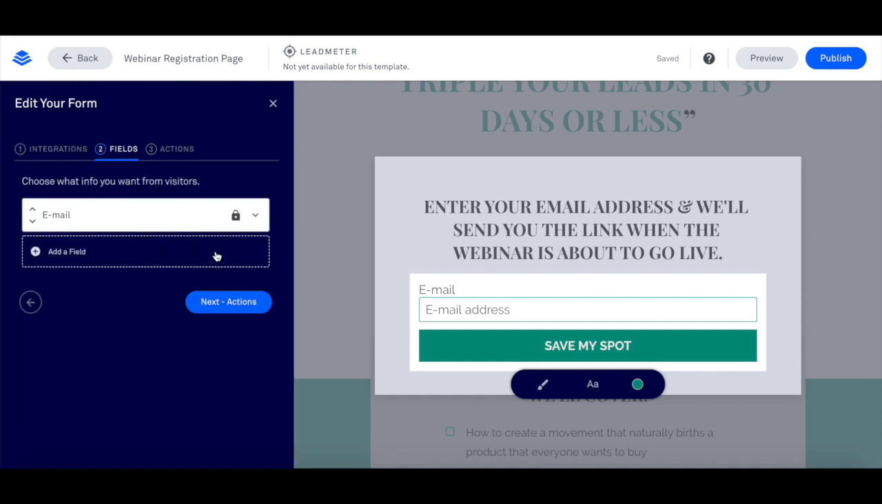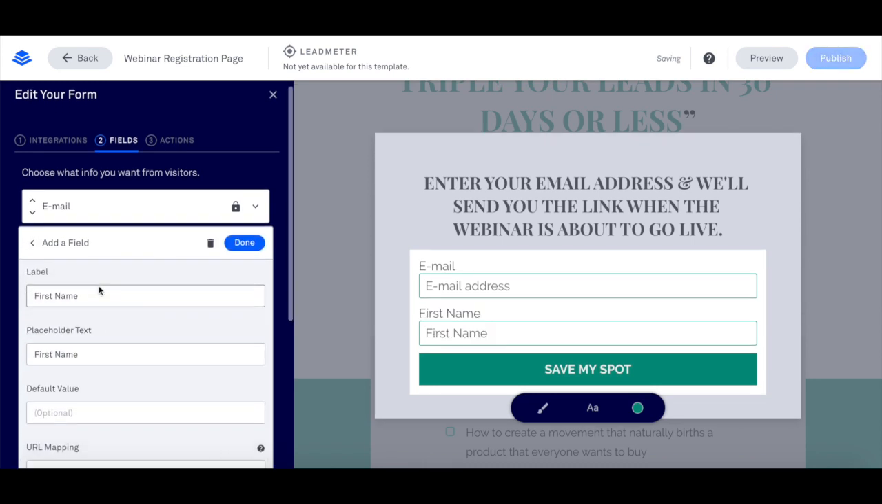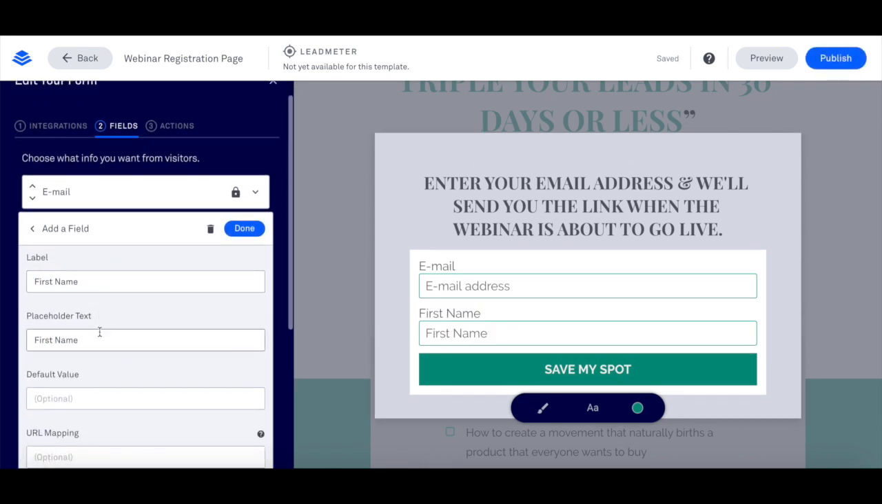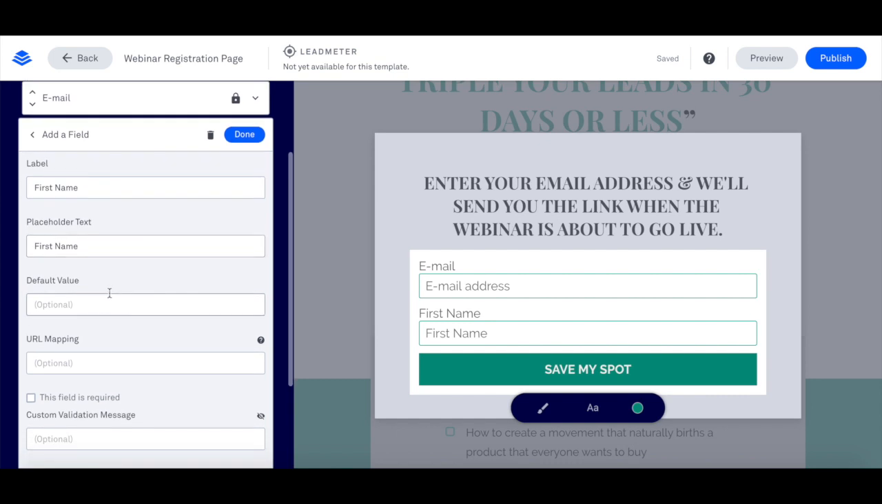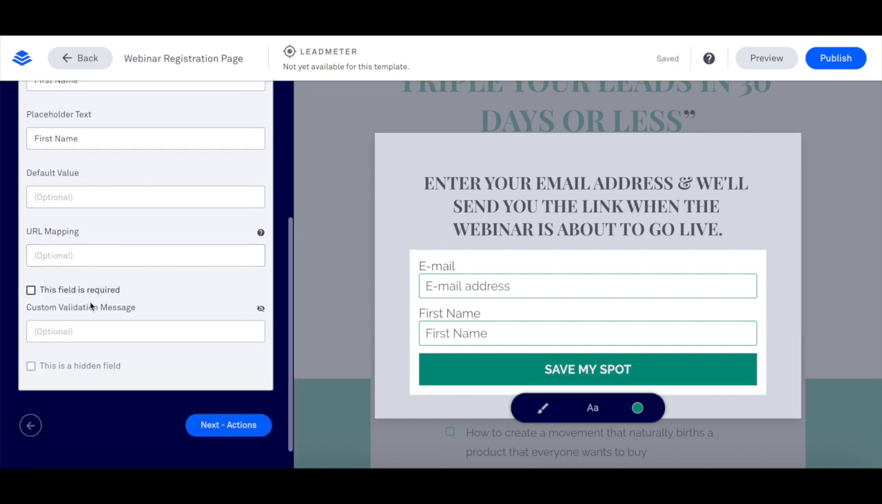Choose what information you want from your visitors. Let's leave email and click on Add a Field to include a first name option as well. You can edit the field's label, placeholder text, include a default value and URL mapping, select whether this field is required or not, add an optional custom validation message, and select whether this is a hidden field or not, and